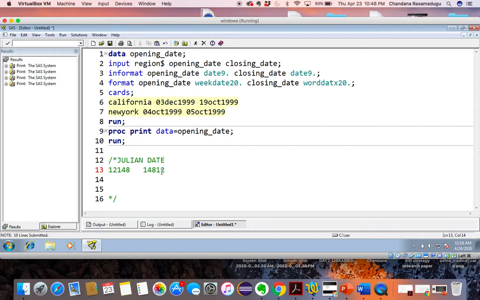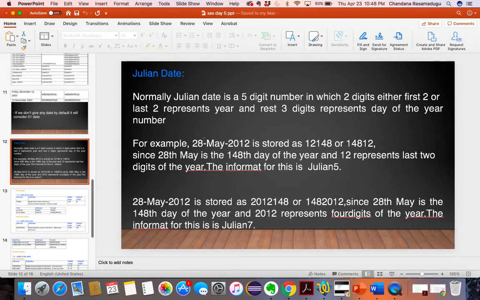In the other example, the first three digits are the 148th day of 2012. This is how Julian dates are given. Since 28th May is the 148th day of the year and 12 represents the last two digits of the year,